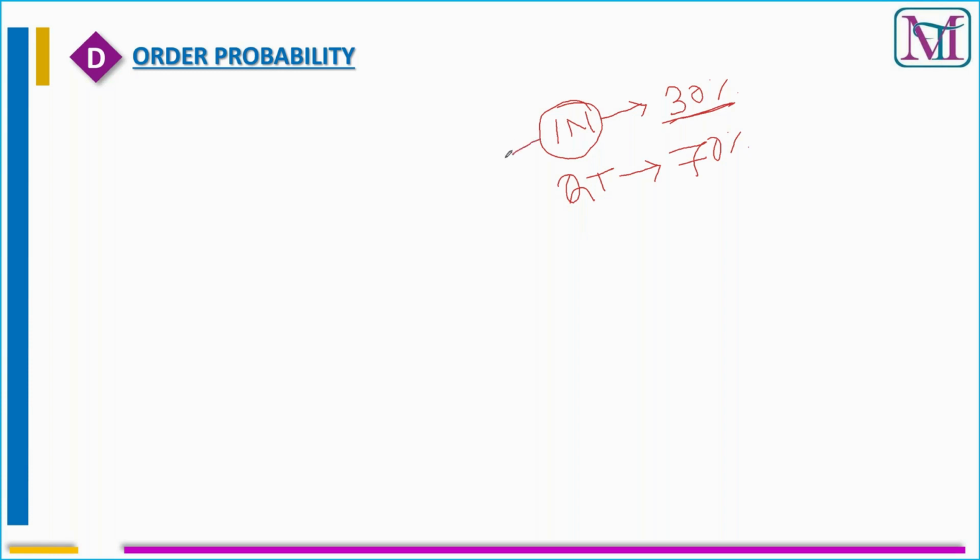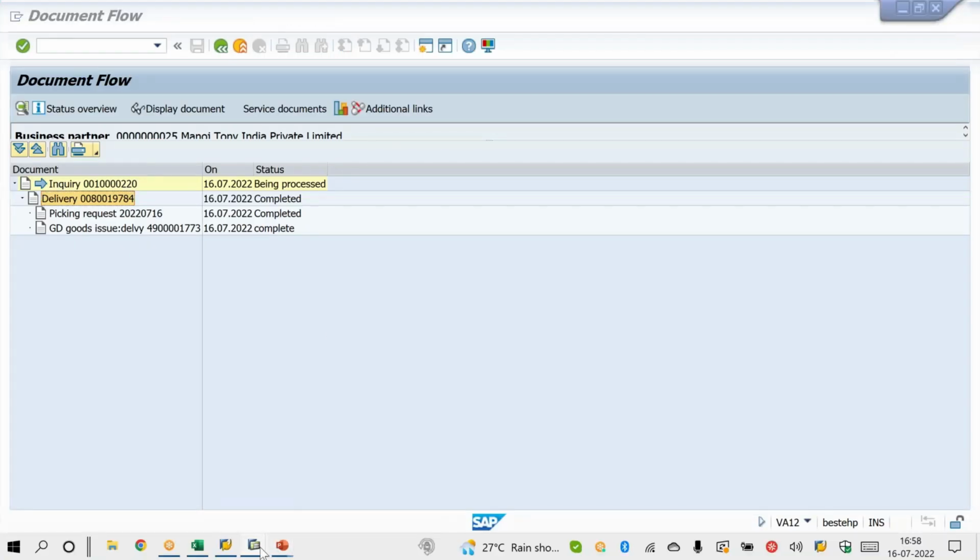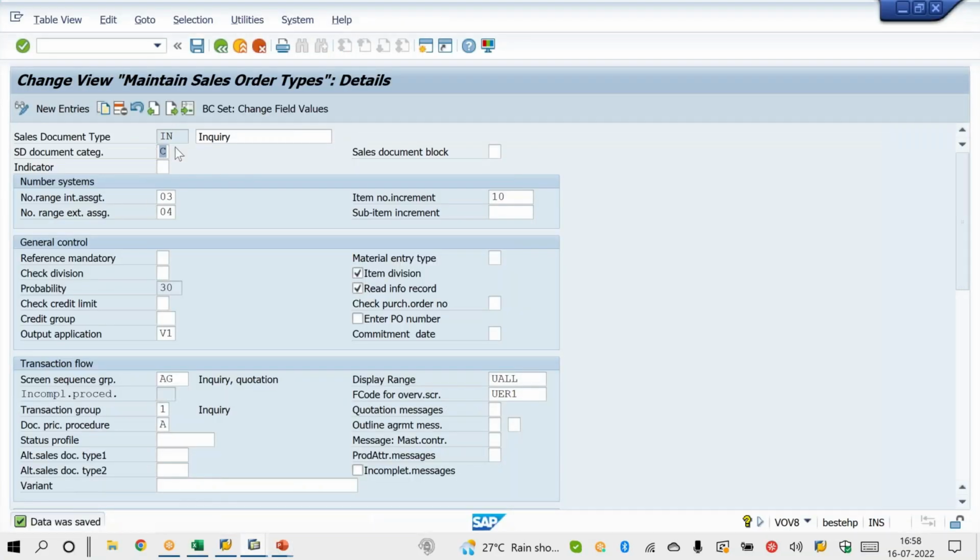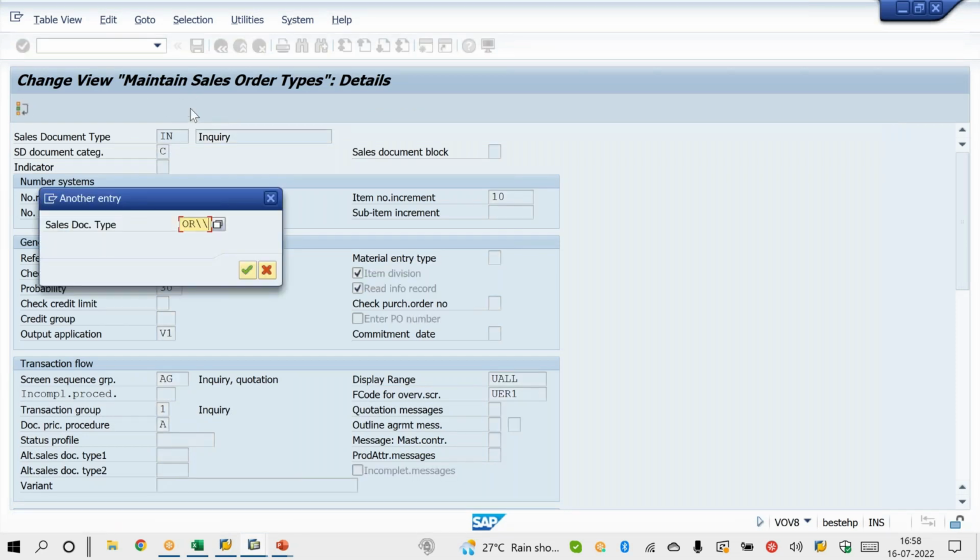What is converted from inquiry to order? That is the percentage. So an order is already an order, so it is 100%. The order probability field will be controlled by document category. So go to sales order, VOV8, go to sales order, OR or ZOR,